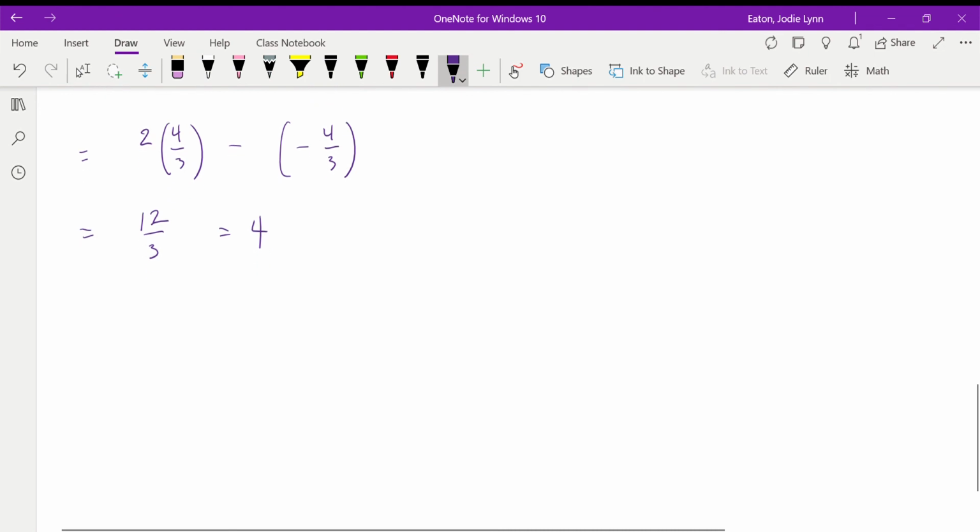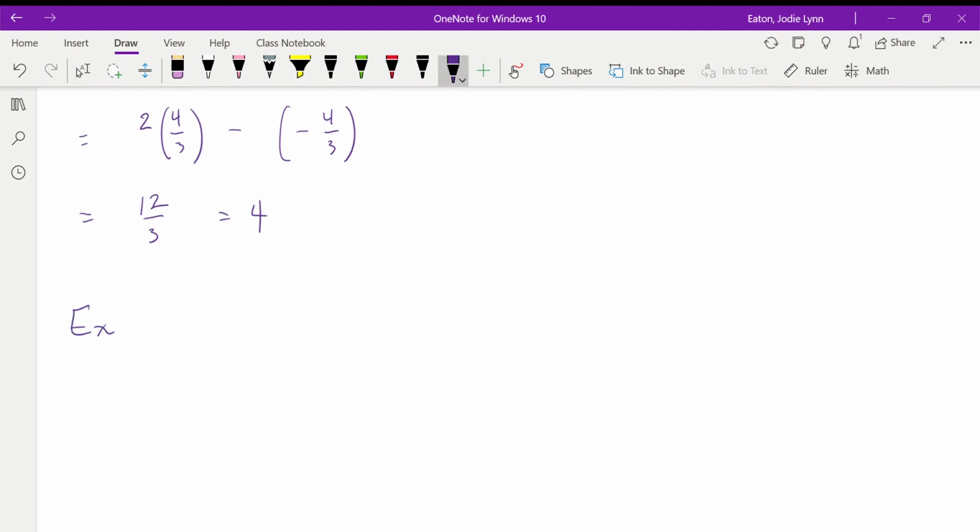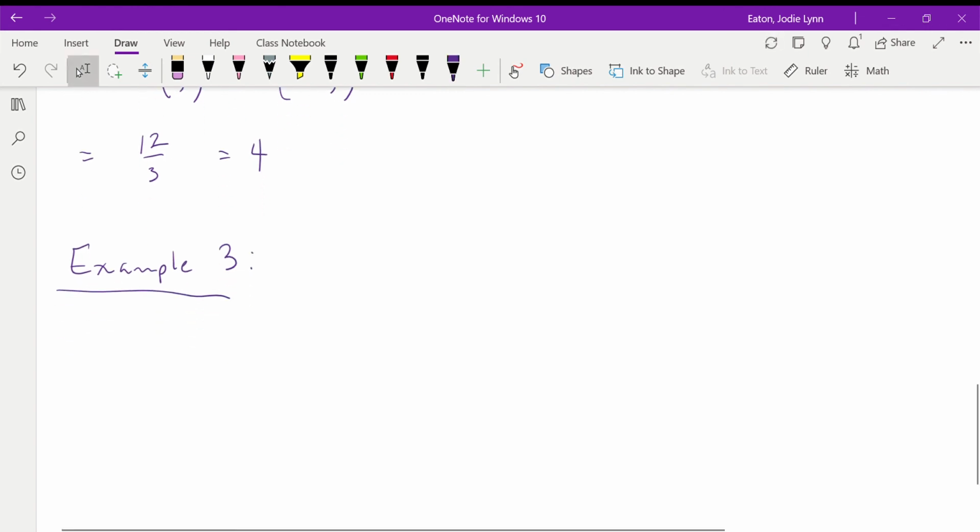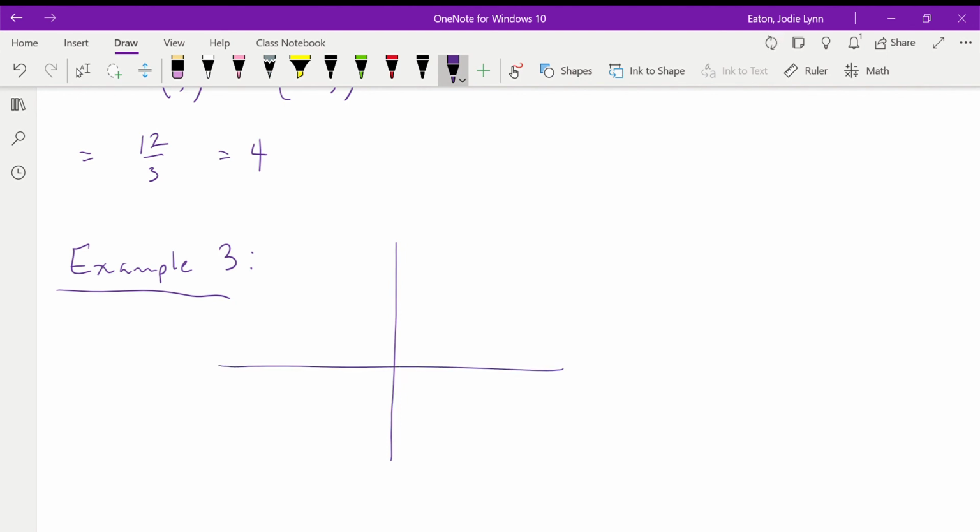Okay, so one last problem. We have example 3 of how we can use this geometric, how we deal with this kind of signed area. So let's take f of x equals cube root of x. Okay, so that looks like this. It actually is not differentiable right there at the origin. We have this here, we have this going down here, a cubic flip reflected over the line y equals x. And let's say we want to find this shaded area here